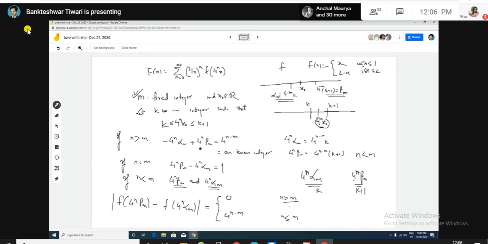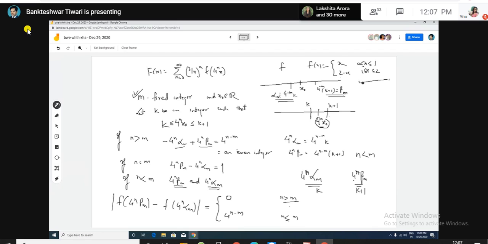जस्ट ए मिनट सर कंडीशन उल्टी हो गई है सर। जब हम लोगों का n m से बड़ा है तो हम लोग 0 ले रहे हैं, जबकि हम लोग को लेना चाहिए 4n माइनस m। ये सर आपके ऊपर शो तो किया है। नहीं, वो सही है। वो एक्चुअली ऐसा है ना कि इन दोनों का जो डिफरेंस है, ये डिफरेंस एक इवन इंटीजर है। ध्यान दीजिए, ये जो दोनों नंबर्स है ना, इनका डिफरेंस एक इवन इंटीजर जब होगा, तो आप ध्यान दीजिए कि जब इवन इंटीजर का मतलब जो अगर 2 पॉइंट्स अगर आप ले लो और इनका डिफरेंस अगर इवन इंटीजर है, राइट, इवन इंटीजर, तो बिकॉज योर फंक्शन इज पीरियडिक ऑफ